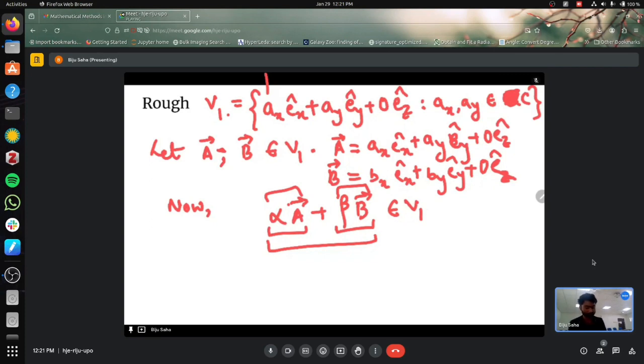So let us check whether it actually belongs to V1 or not. Let us define these vectors as C. So once I put this form of A in this particular expression, what I get is alpha of